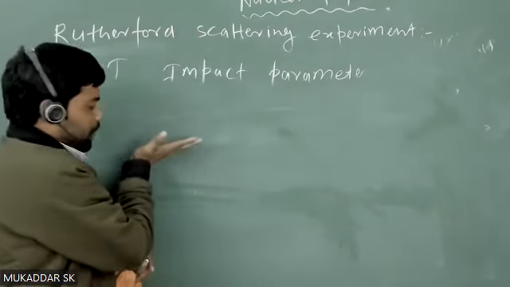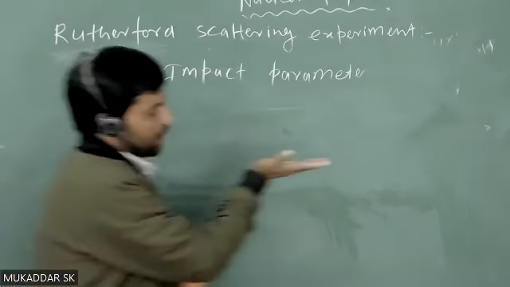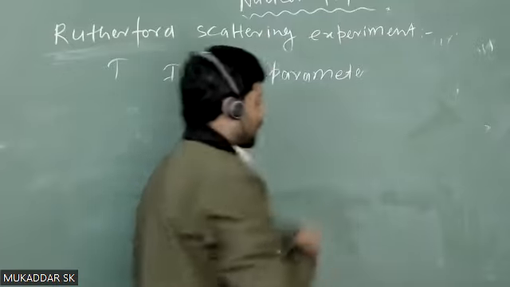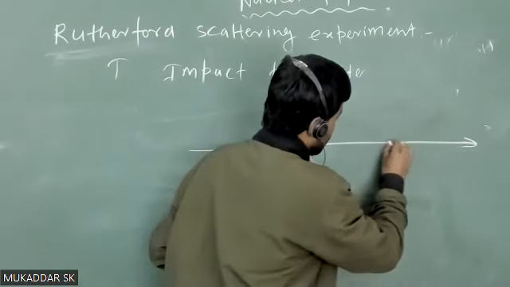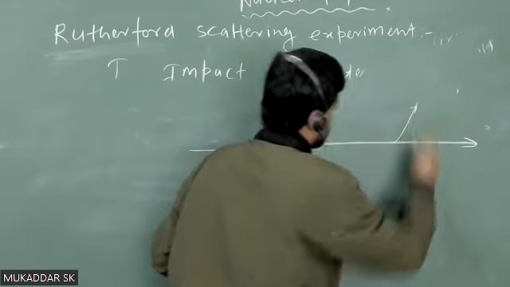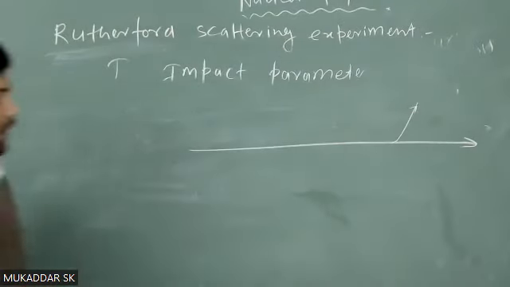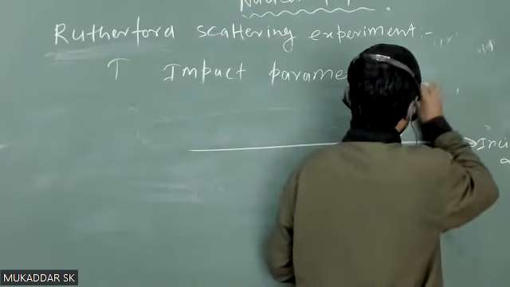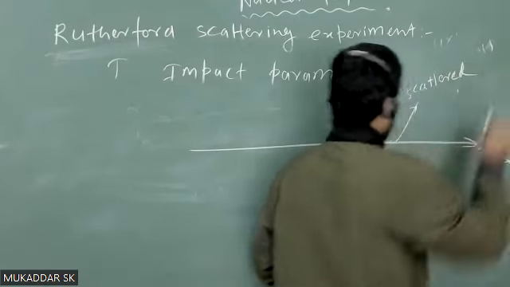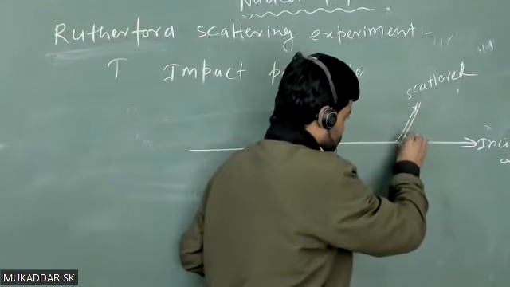हाँ, वही मैं बता रहा हूँ ना, जैसे जब आपका अल्फा पार्टिकल काफी दूर पे है, तो वो आपका इंसिडेंट अल्फा पार्टिकल है। आप इंसिडेंट अल्फा पार्टिकल को इस तरह से डिफाइन कर लो कि ये आपका इंसिडेंट अल्फा पार्टिकल का डायरेक्शन है। बट क्या हो रहा है, जैसे जैसे करीब आ रहा है, it will be deflected और scattered like this। ये आपका ओरिजिनल पाथ था, बट आपका स्कैटर्ड होकर इस तरह से चला गया। ये आपका इंसिडेंट अल्फा पार्टिकल का डायरेक्शन है, और ये आपका स्कैटर्ड है। अब यहां से मैं एक एसिम्प्टोटिक लाइन बना लूंगा, ये जो एंगल है, that is called scattered angle।